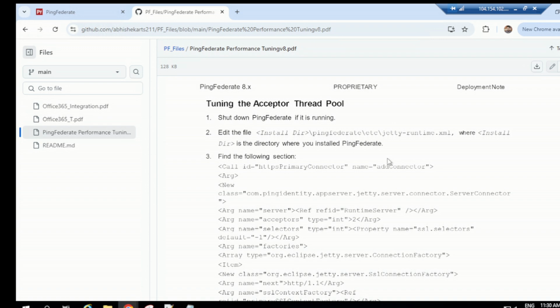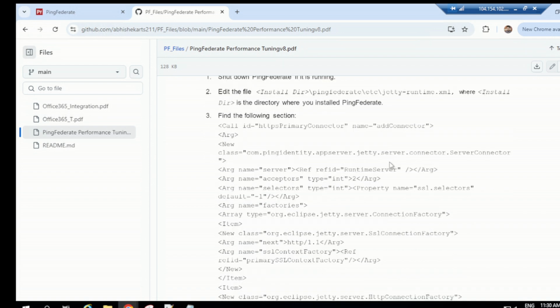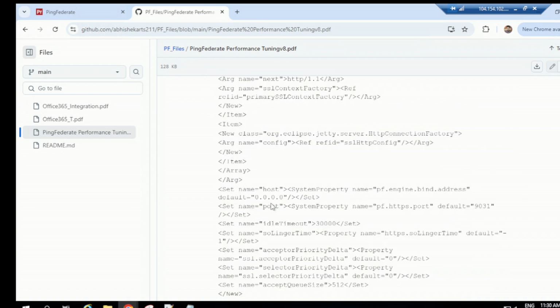First you need to shut down PingFederate if it is running. Then you can edit the file jetty-runtime.xml, which you can see in the PingFederate etc directory. So the jetty-runtime.xml file has to be edited. What we need to edit here: in this section you have acceptors, here it's mentioned as 2, and here you have the selectors, right? Now if you scroll down,